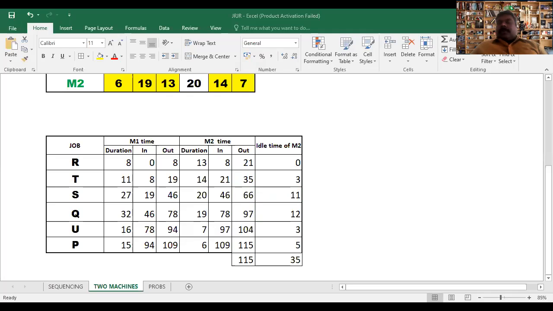Tomorrow, some other time, or in the next week, you are going to have one more problem, that is, if we have three machines, how we have to apply Johnson's rule. That we are going to see in the next week, in the next class. Before that, we are going to start the new topic,